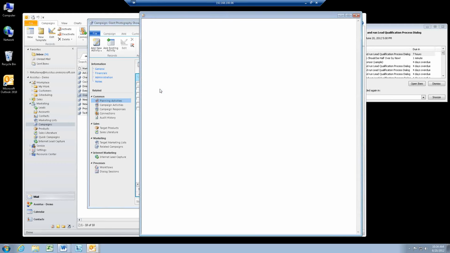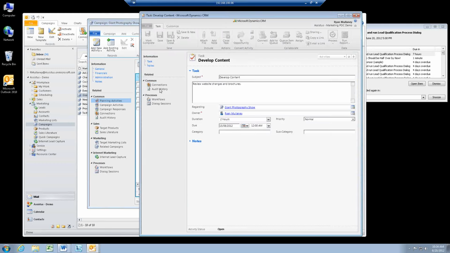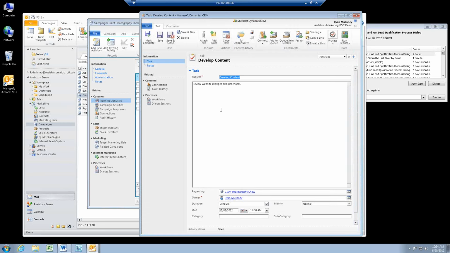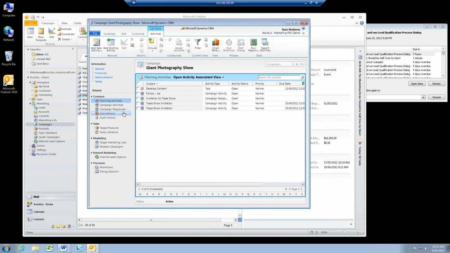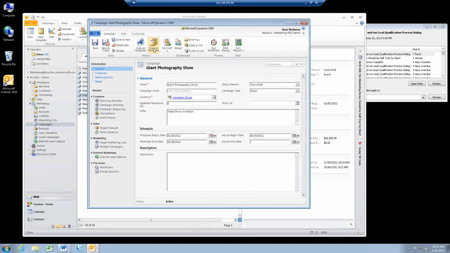So in this case, I've got one called Develop Content. All right, so review website changes and brochures. But you can put whatever kind of instructions you need to in here. You can also assign this to different people, set due dates, trigger workflows. There's a lot of items that you can do with this system. And then, like I said, you could actually save this as a campaign template. So here you would copy as a template, and then when you're done